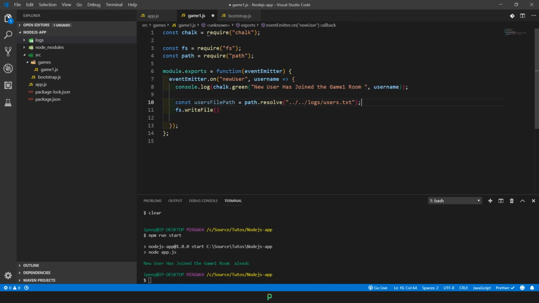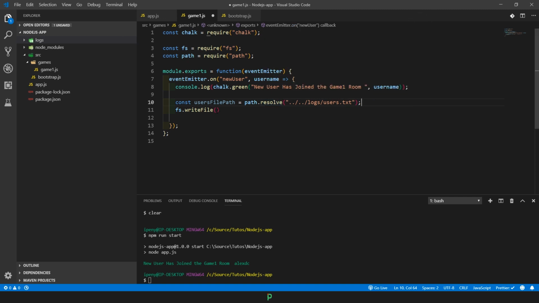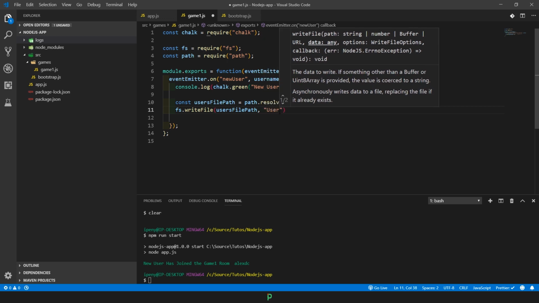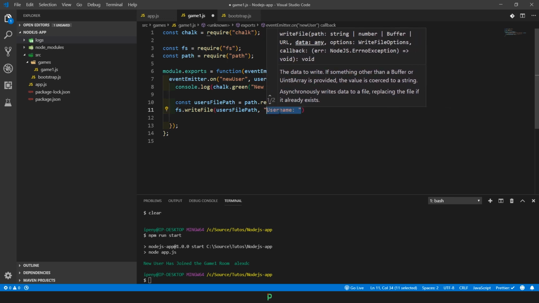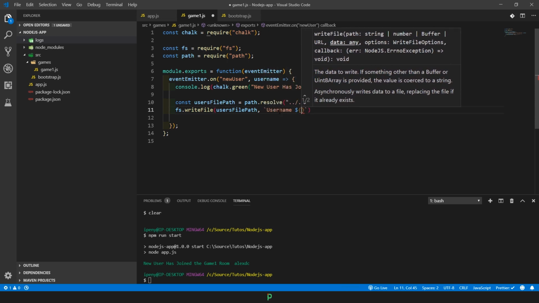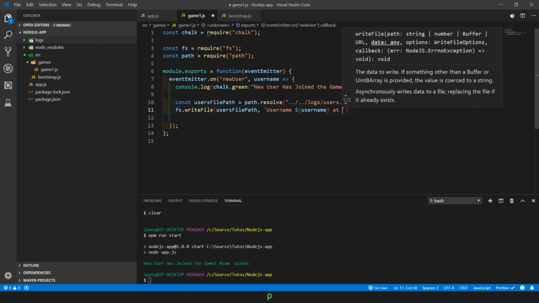So simple enough. So we need to get that. Clearly seen here, as I've told you, it returns a string which is representing the absolute path of our file, and here we can just go ahead and supply it to us. I'm gonna do users file path. The second thing it takes is pretty much the data. So the data, I'm gonna say username, and I'm gonna use string literals, which you can include variables inside of using the syntax of giving it $ and curly braces. Then you can give it the name of the variable you want to embed inside of that. So I'm gonna do username, and new username at,